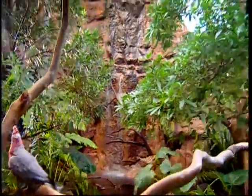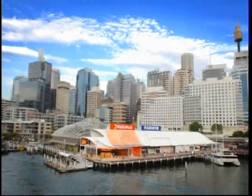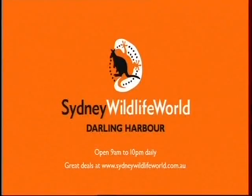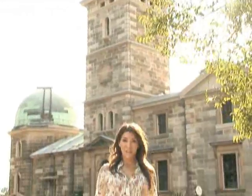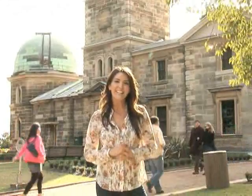Sydney Wildlife World. Include a visit to Sydney Aquarium and save. Combined tickets start from $46.50. Visit the website now. Sydney Observatory is Australia's oldest observatory and one of the most significant sites in our nation's